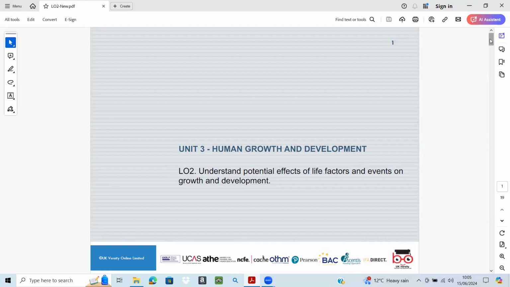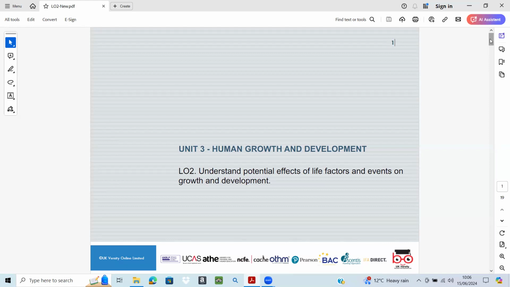Then, if we talk about the biological factors, these cover the physical aspects of our development, including nutrition, physical health, and overall body maintenance. As an example, we can consider a child who receives proper nutrition versus one who is malnourished. The well-nourished child is more likely to experience good physical development, while the malnourished child may face delays in growth and cognitive development due to lack of essential nutrients.